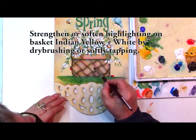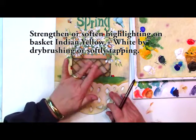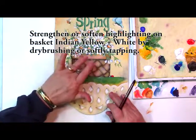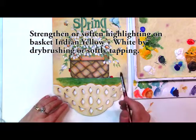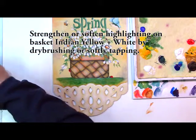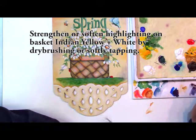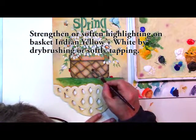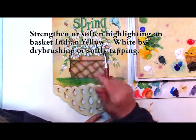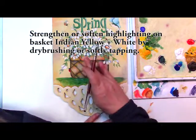Okay, I want to soften the highlighting on the basket a little bit. I felt like it got a little too chalky looking. So I'm going to go back with some Indian yellow plus a little touch of white, and just dry brush some of that over the highlights so that they go back to a little bit more of a golden look, and lose a little bit of that whiteness. I'm also trying to